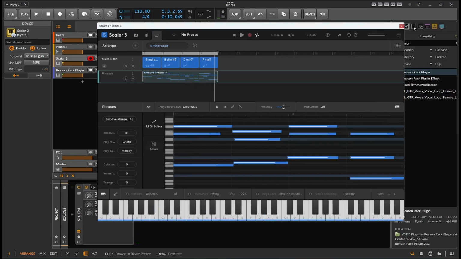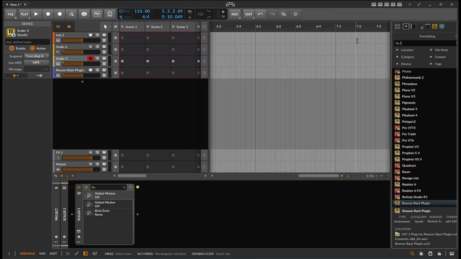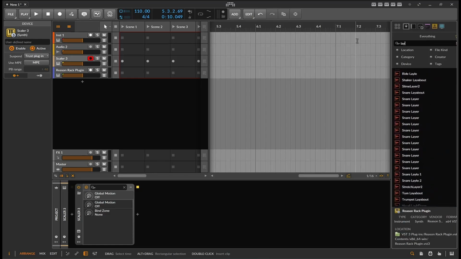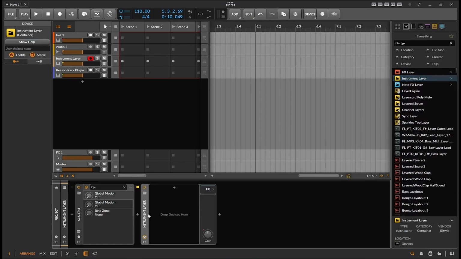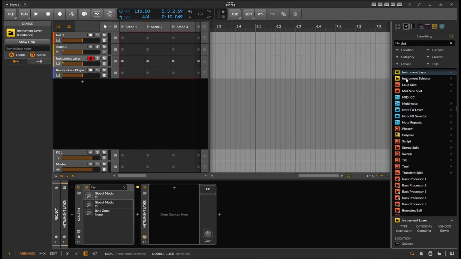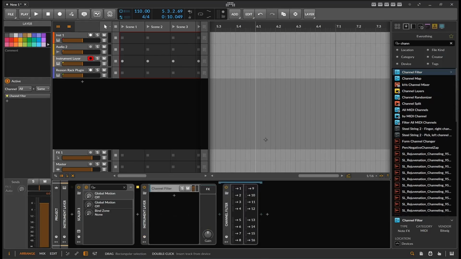That's another way of doing it. In Bitwig, you can throw it out to MIDI CCs. So if I had an instrument layer here, and then I had a channel filter, you could say, like on this one,